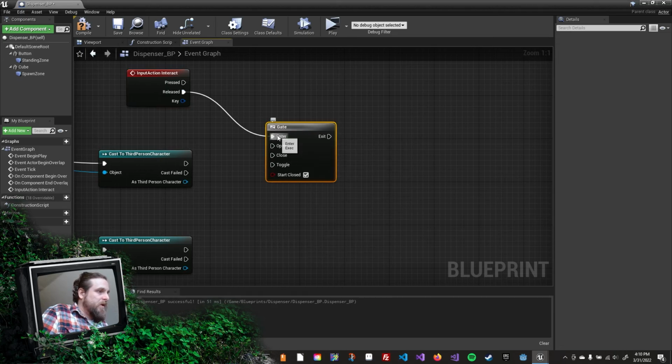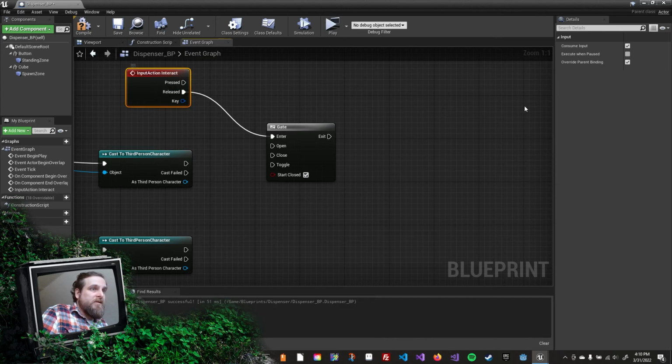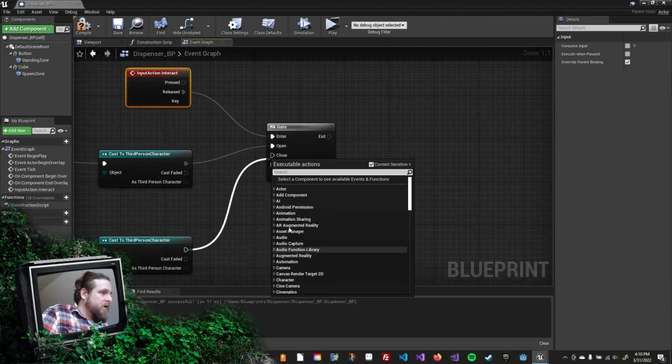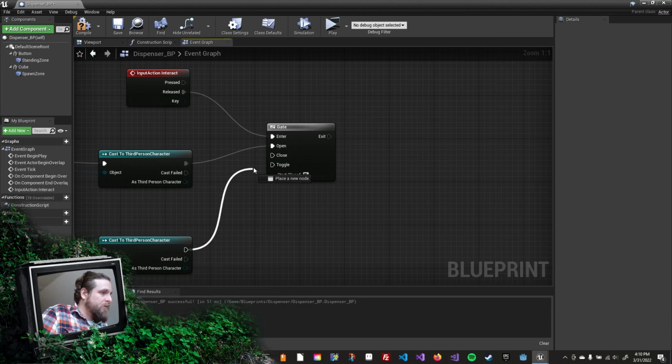And that's going to go right into the enter. Now on this input action, I'm going to uncheck consume input because I have this interact working with other objects on this level. And I'm going to drag both of these in. So what we're going to have here